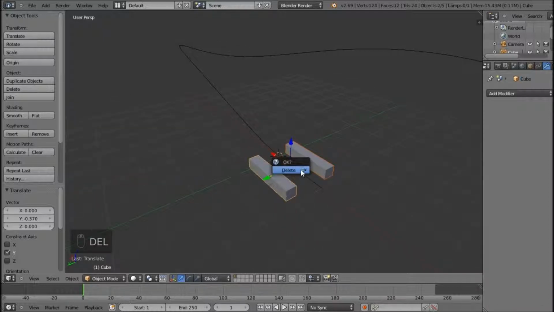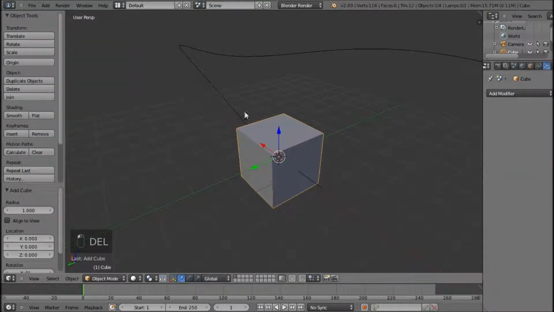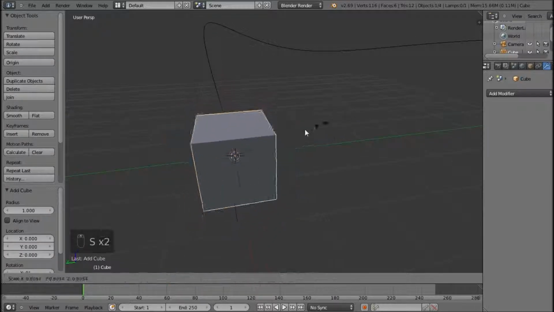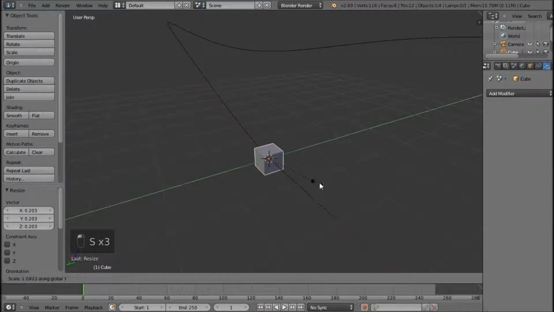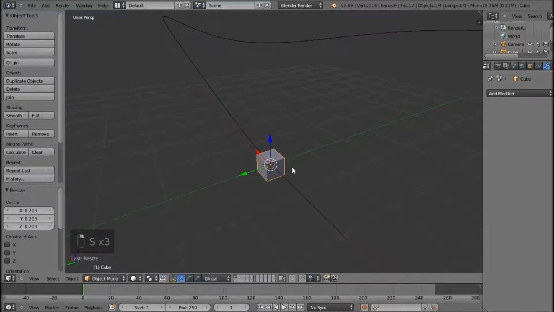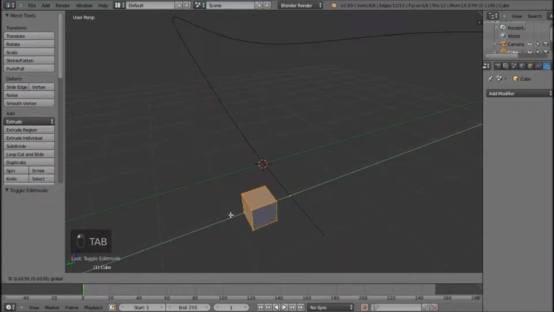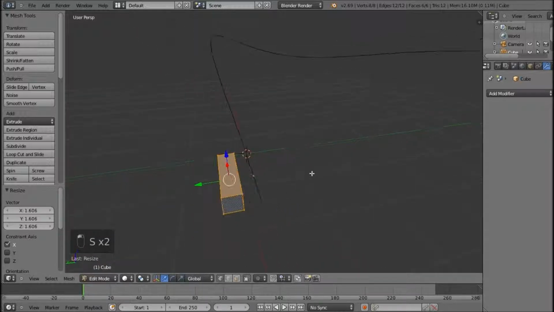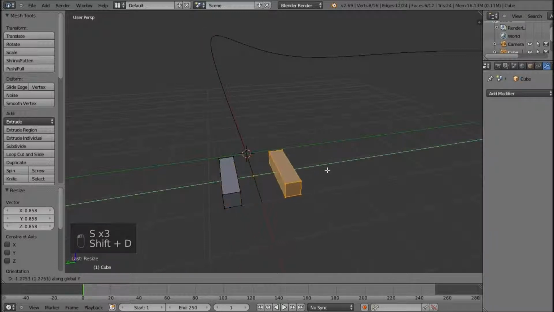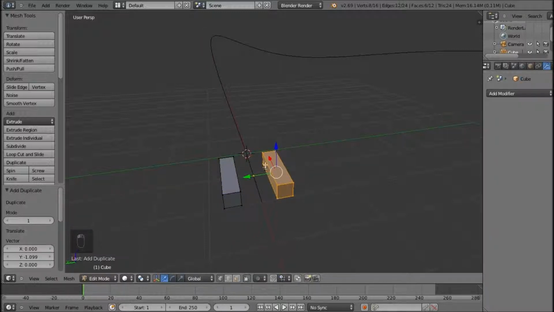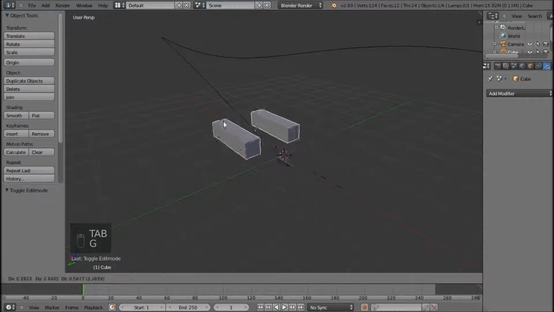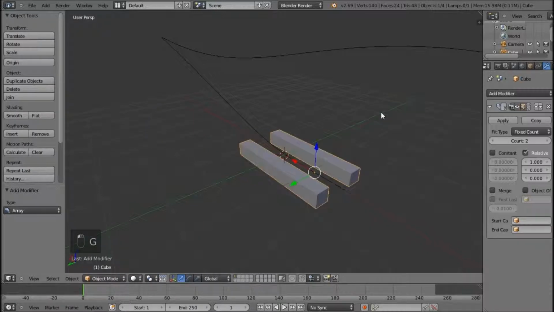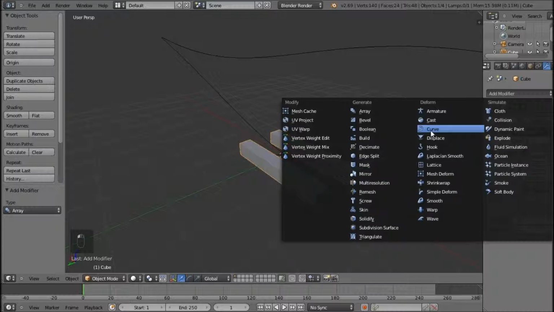No, wait, forget that. Okay, start that again. Let's make the one bit first. Oh, that's right. Put that in the middle. Go into edit mode and move it across. Stretch it out a little bit. And copy it to the other side while we're in edit mode, so when we go back to object mode, it's all one object. Now if we add the array modifier, then the curve modifier,